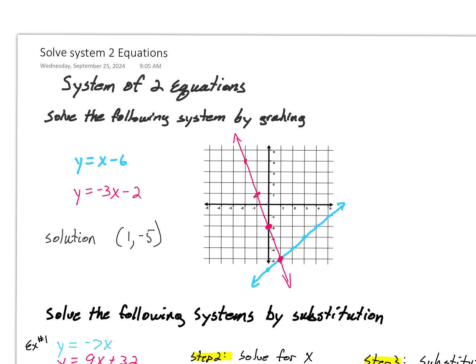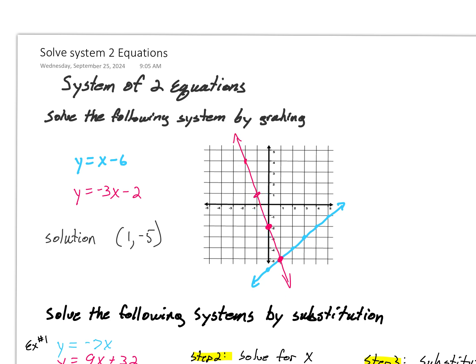The second equation is also in slope-intercept form, where the y-intercept is at -2. So we put a point at -2. Then we have a slope of -3. So remember, this slope is rise over run. So we could say down 3 and to the right 1, down 3 and to the right 1. We would also say +3 or up 3 and then -1 to the left 1, and we get this line